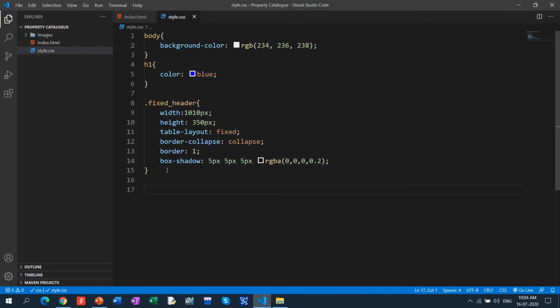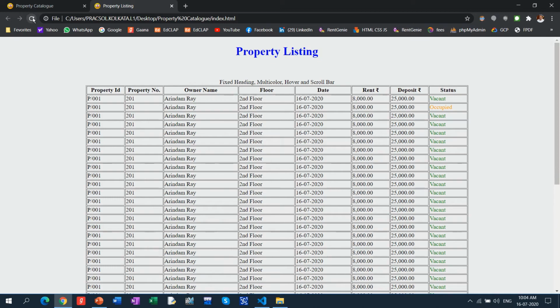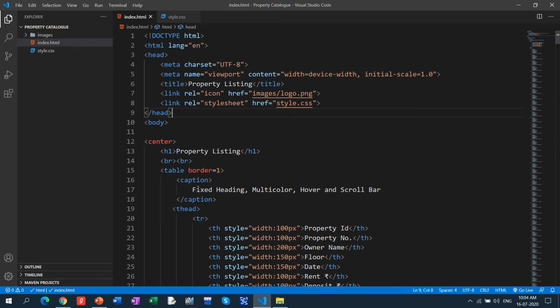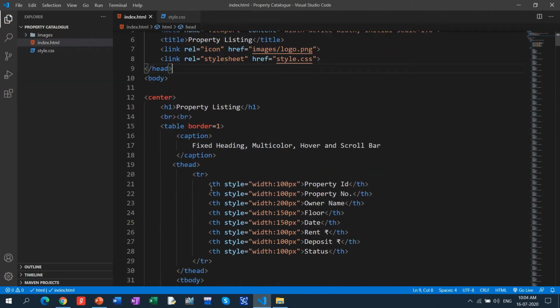Once we do that, automatically it will affect the table. Let's see, but there is no effect over here, no? Why not? Because in HTML we don't have the connection with this CSS. So what I have to do in the table is add class equal to the name of the class we made, that one, fixed header. Once we do that, automatically this is the connection between this table and this CSS.